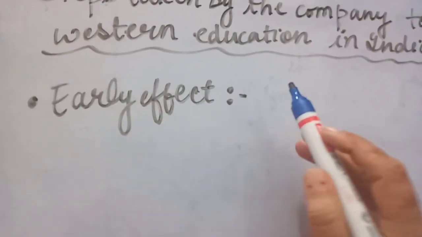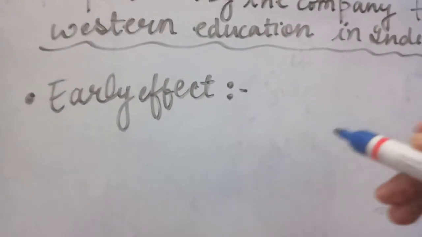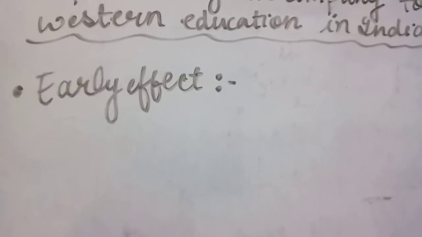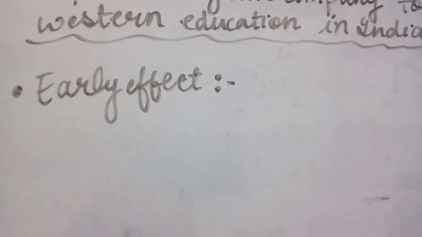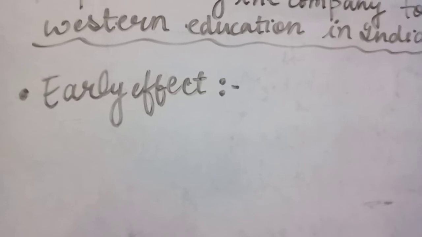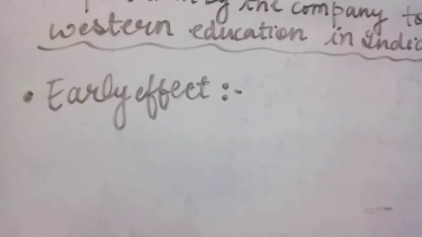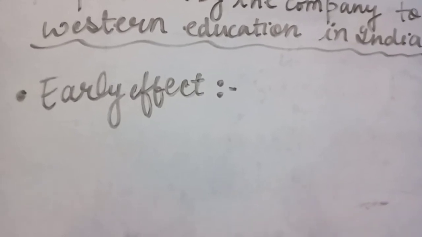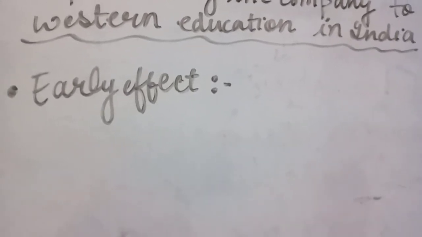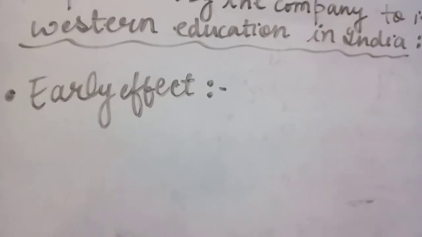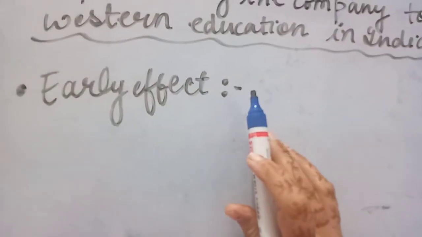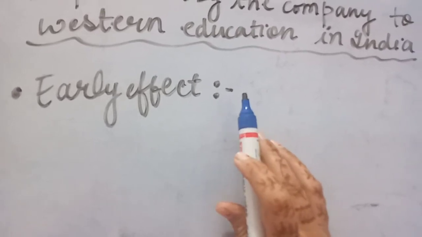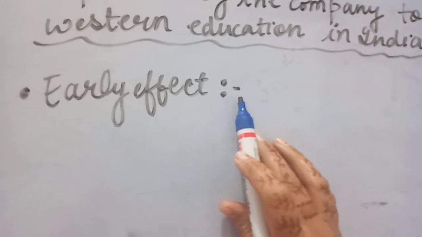the company never took it as its duty to give education to the Indians. It was a commercial company. Commercial means to earn more profit, and its sole motive was to earn profit and not to spend money on education. Nevertheless, some British officers, in their individual capacity, tried to make reforms in this direction.